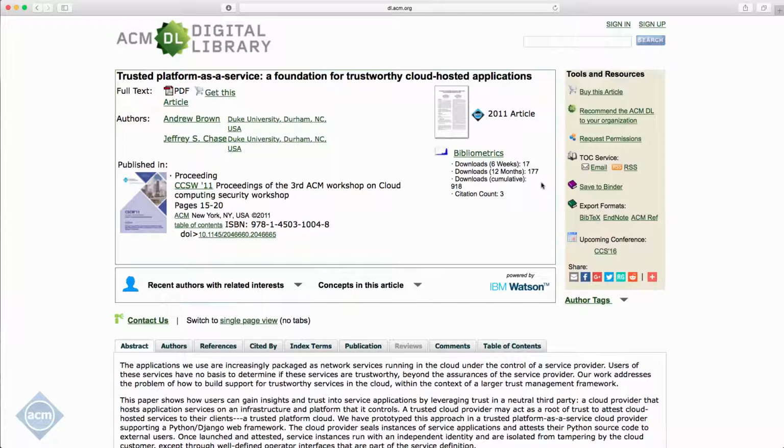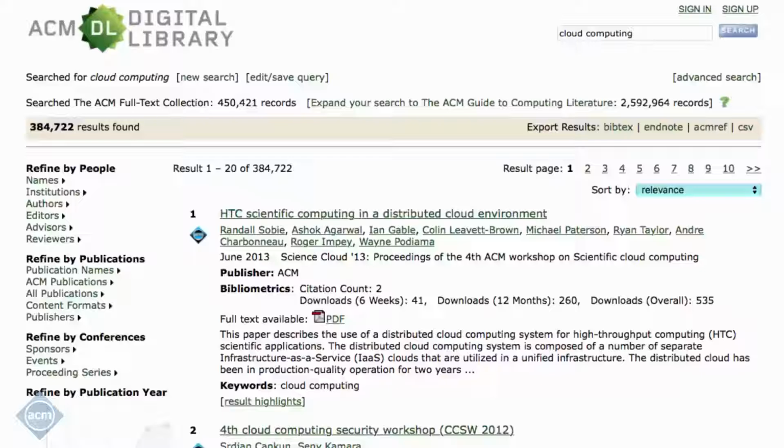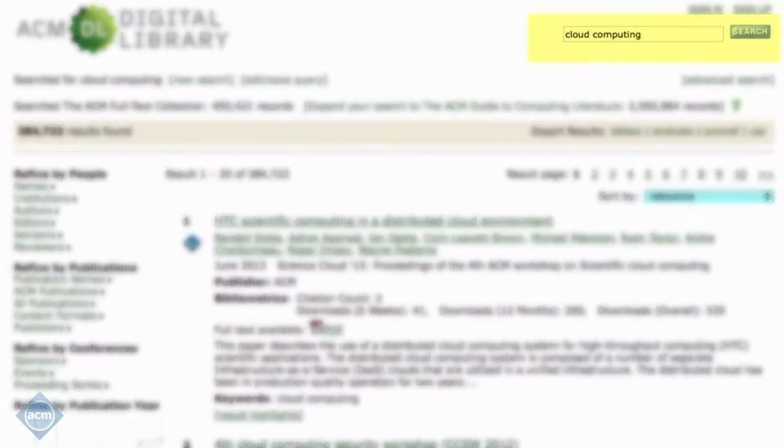The Guide tracks cumulative bibliographic data at the article, publication, author, and institutional levels. It is important to note that the Guide includes results from across the entire universe of computing publishers and not just from ACM. Each time you perform a search on the Digital Library, you have the option of searching only